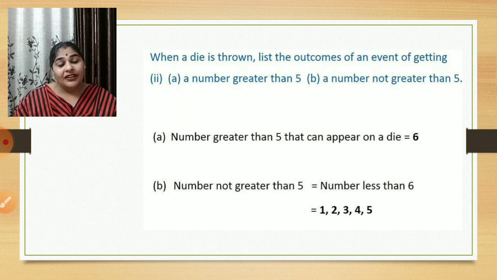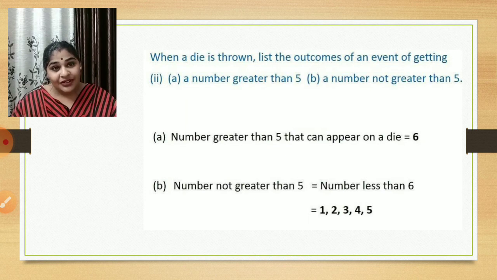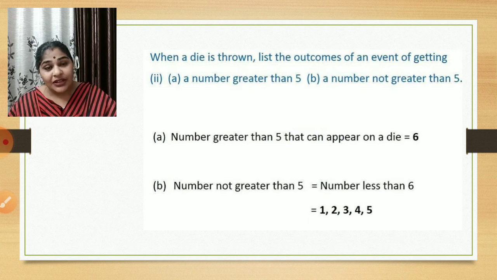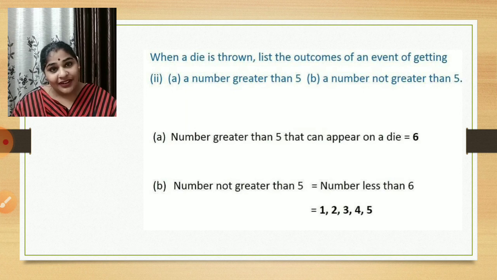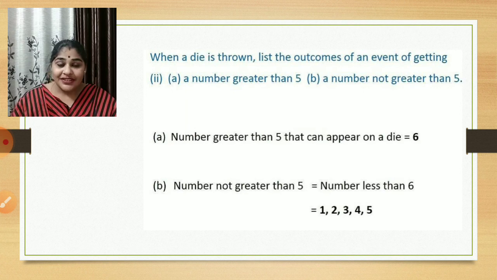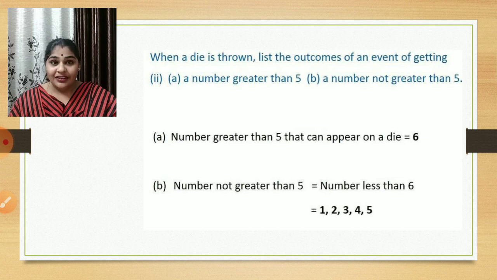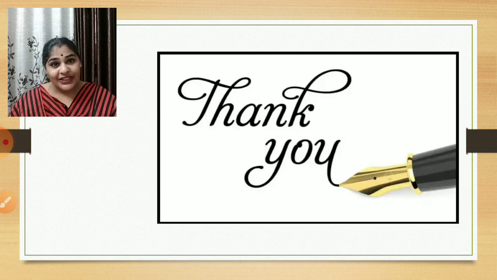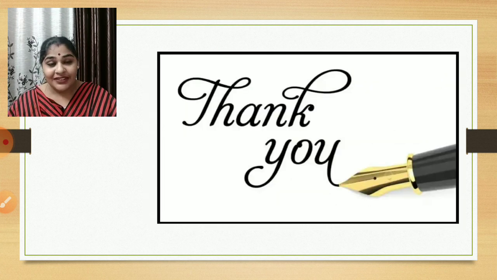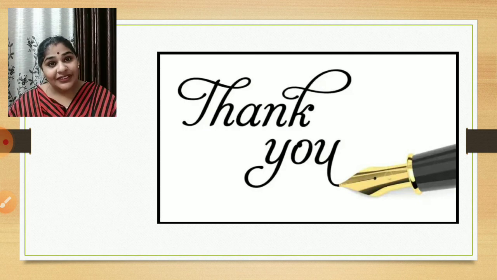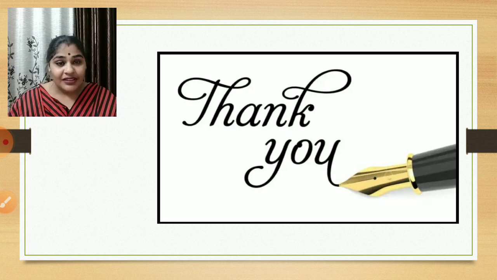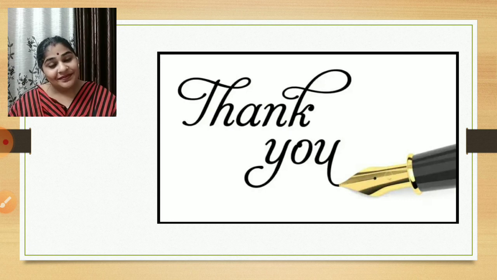Outcomes, and if they have asked for some special or particular outcome, how do we find that? Okay, first write down all the outcomes which are possible, and out of that, whichever is asked, you can write it. So all these answers you can copy down in your classwork, children. So for today we will stop over here, and in the next session we will again continue with the same exercise 5.3, which is our last exercise of this chapter. Thank you, children.